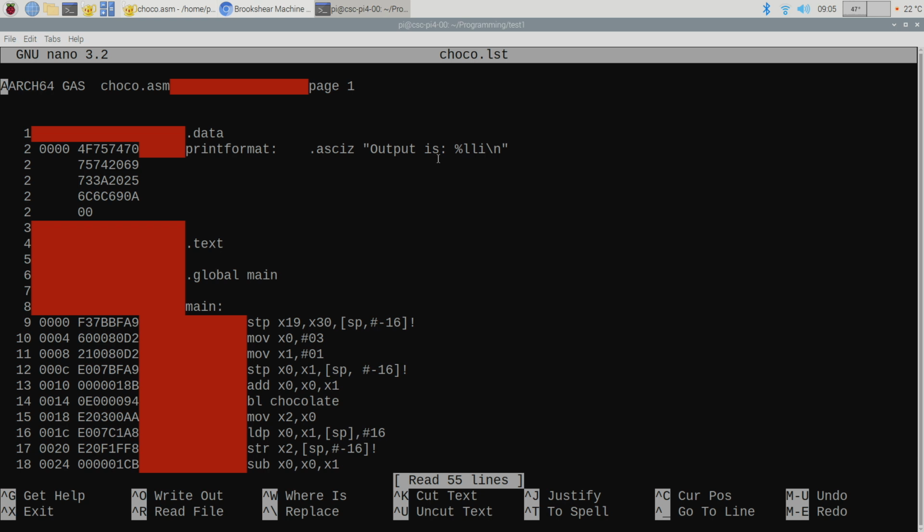What's to the right of that? Okay, so we've got line number. So this whole thing starts on line 9, okay? And then we see 4 zeros. What does that mean? Register 0? Nope. Okay, it's the memory addresses.